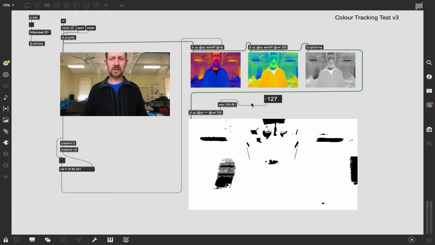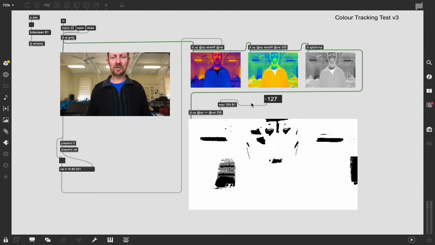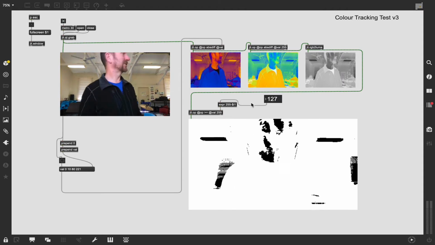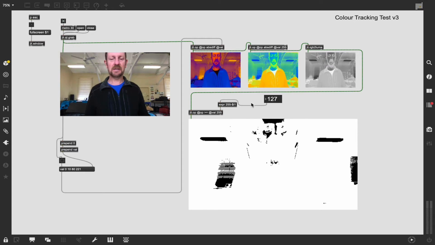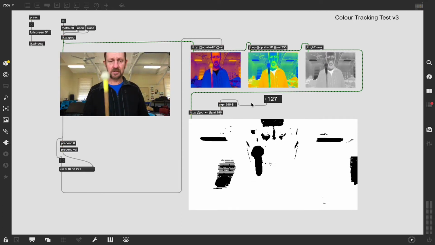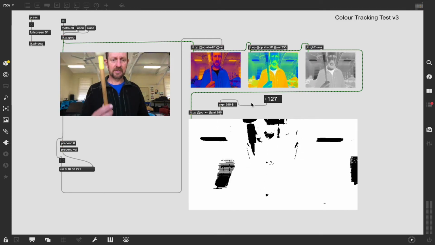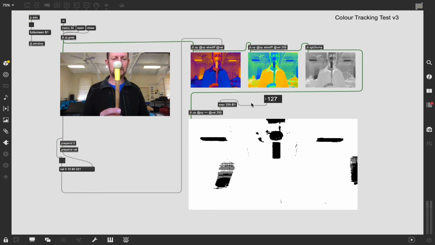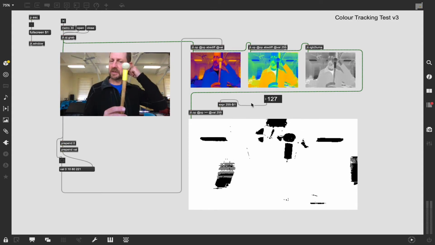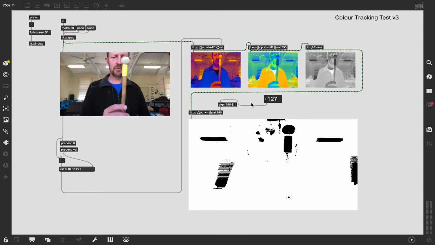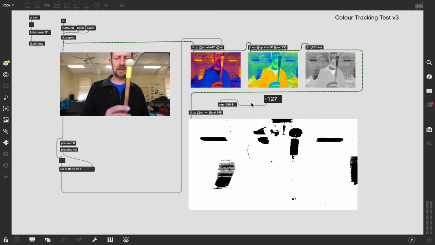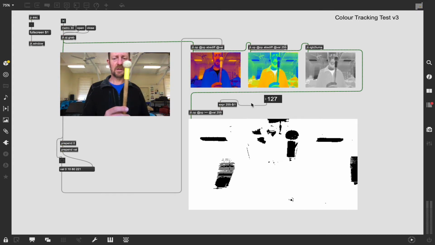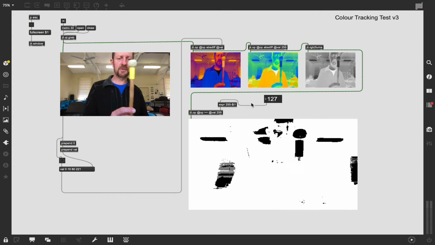Of course, using color tracking is so dependent on light. I'm in a room with fluorescent lights, it's not overly bright in here, and I'm just using a drumstick with some yellow tape on the end. So I think probably the best thing to use here would be LEDs of some sort, some sort of colored LEDs or glow sticks, something that has a very strong color to it. It's very different to the surrounding